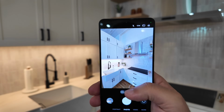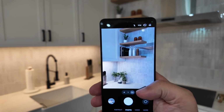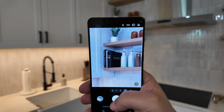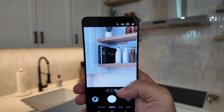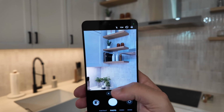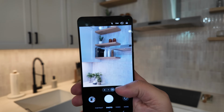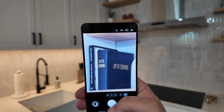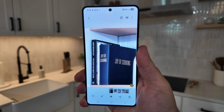But of course, I did take a couple of photos during my hands-on time. I'm not allowed to take those photos with me, so you kind of have to look through one screen to another screen. But I was still very impressed with how good I thought that 200 megapixel sensor is, especially when cropping. This was a 10x photo that I took of these books in the kitchen, and it looks really good for a 10x crop. You can see the text super clearly, and everything was really